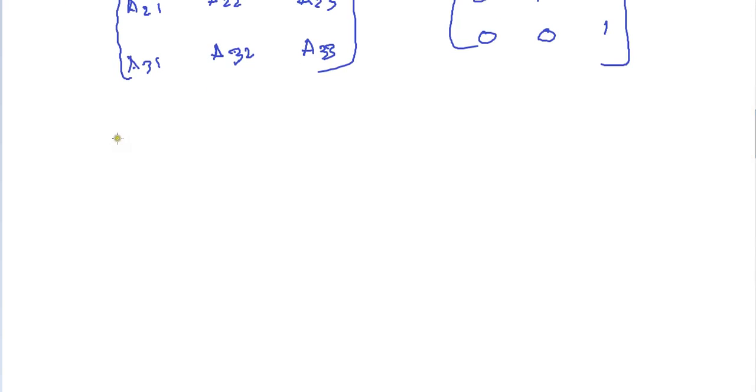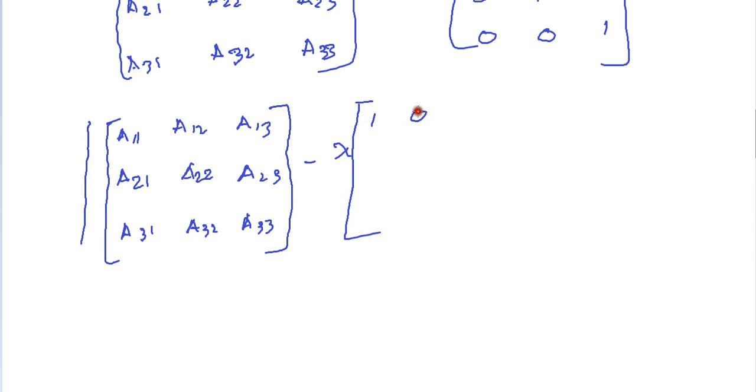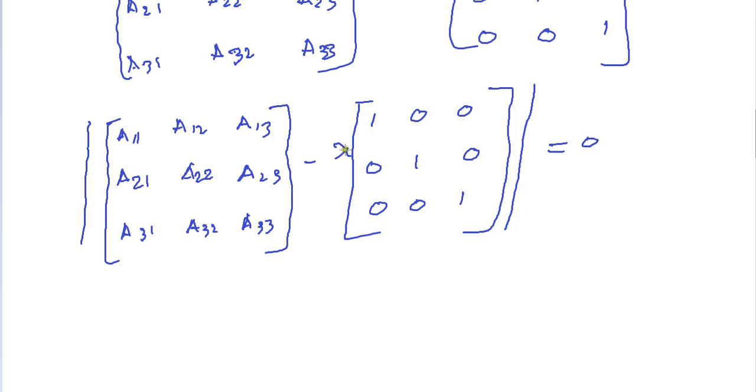So we can write the following equation. Here A11, A12, A13, A21, A22, A23, A31, A32, A33. This is the tensor minus lambda times 1 0 0, 0 1 0, 0 0 1, and the determinant of that is equal to 0, right? So we write lambda on the diagonal, lambda here, lambda here. If we subtract these from the tensor,